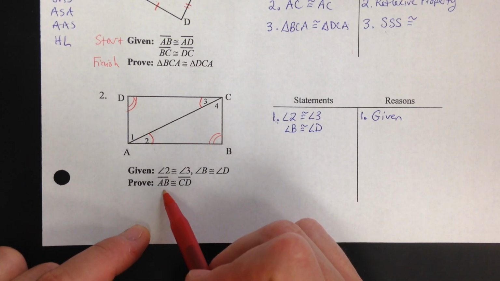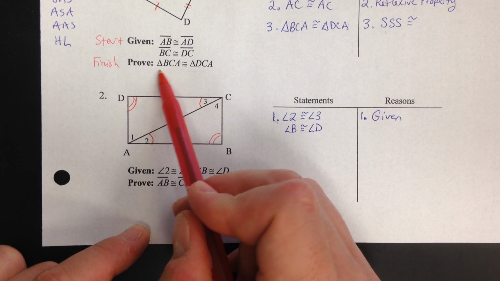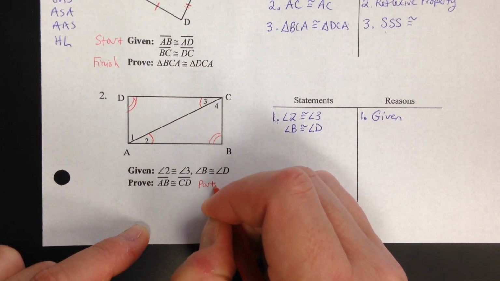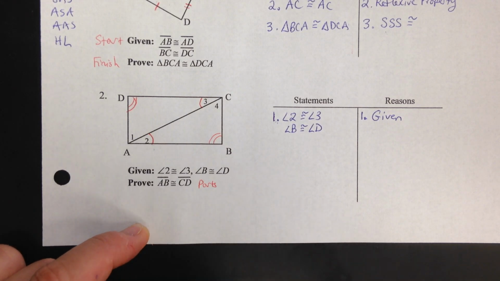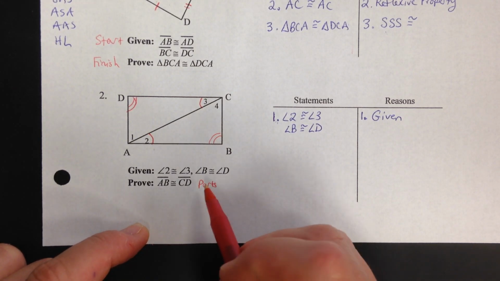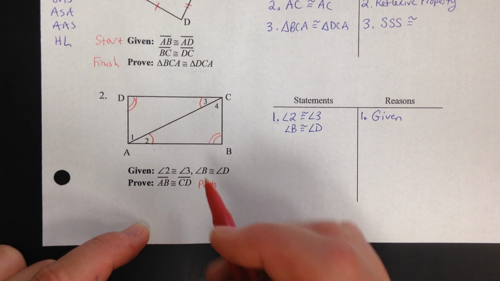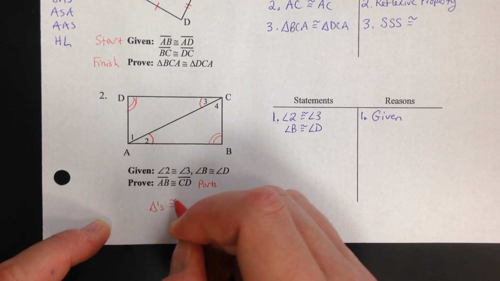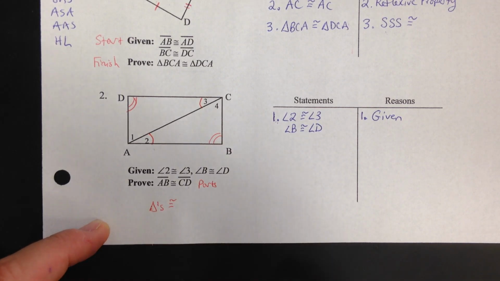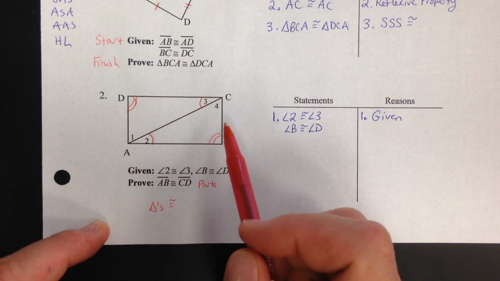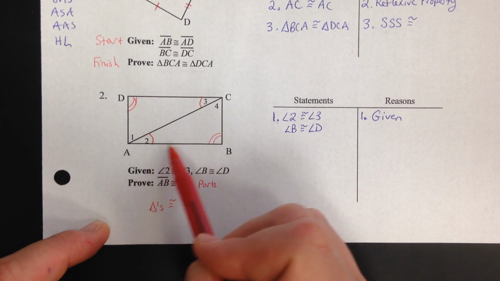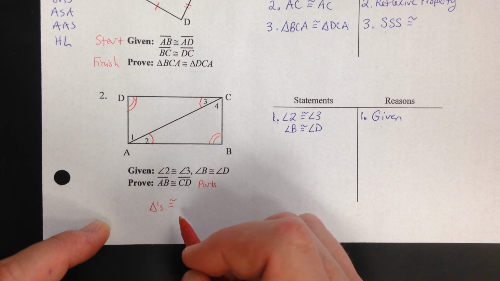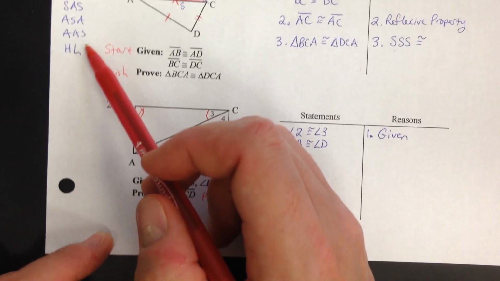So notice that this is different because in the first problem we were asked to prove triangles congruent. These are corresponding parts. Those are parts. Now here's the thing, before you can say that the parts are congruent, you first have to show that the triangles are congruent. So what we're going to have to show is that this triangle DCA and this triangle BAC, that those are congruent. If you can show the triangles congruent, and that would be because of side, side, side,